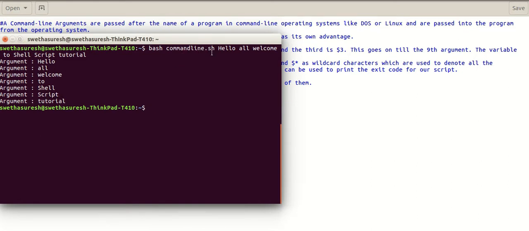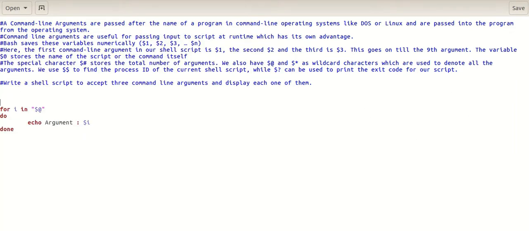So now we have got the list of all the arguments that we have passed. And here what happens is we are not able to know the argument number. To get the argument number, we shall declare a variable j and initialize it to 1.